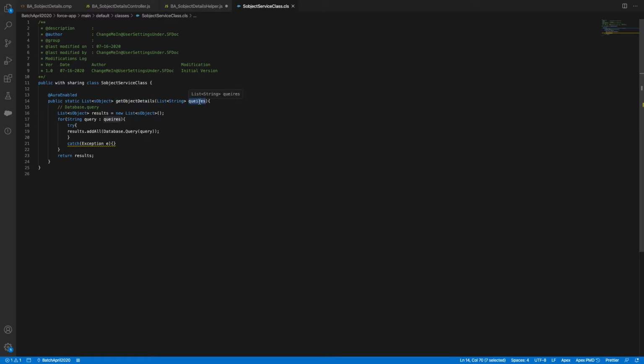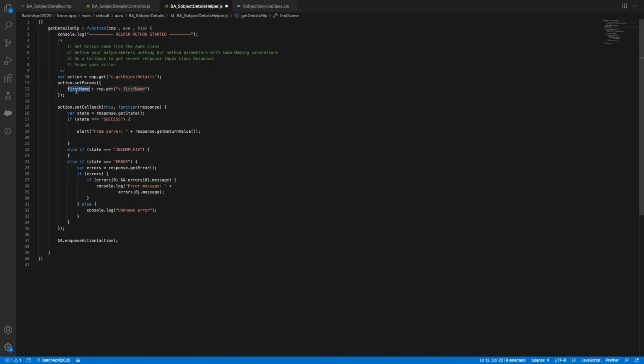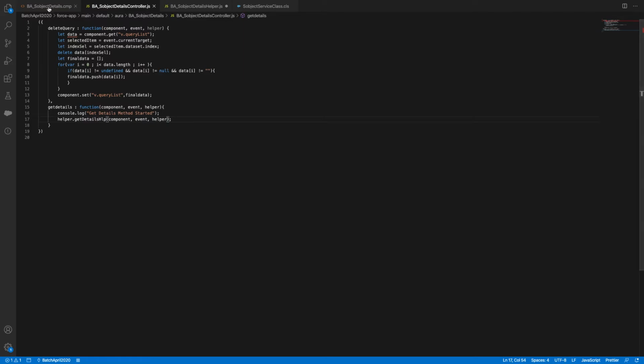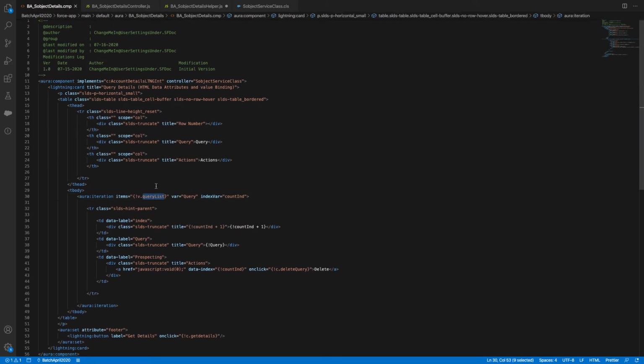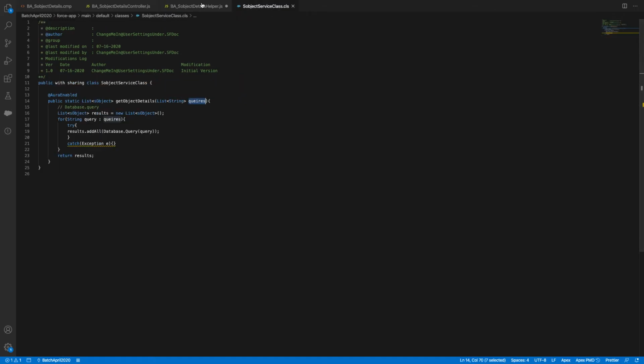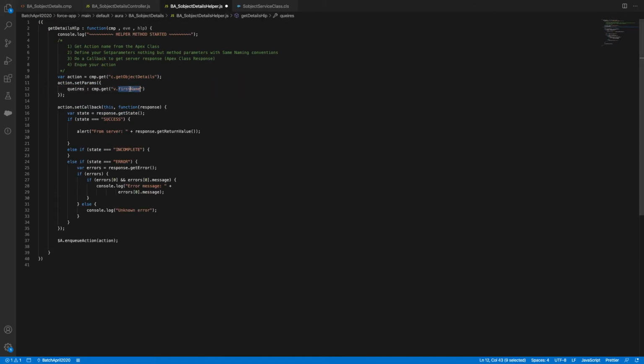Same naming conventions, in the sense queries. And from where you are getting your queries, you are getting queries in the form of a query list, right? So I'm using that query list. So my parameters, get action name done, parameters done, and then callback. From here to here is a callback.